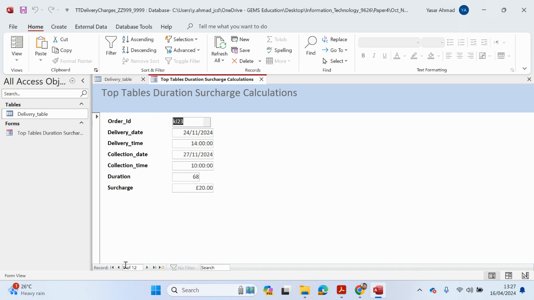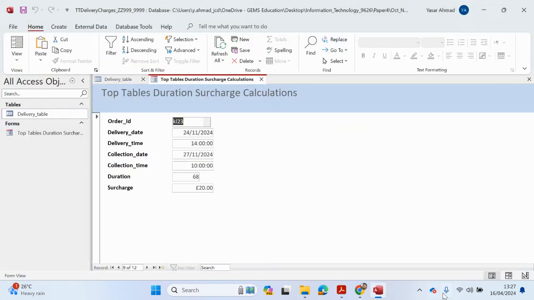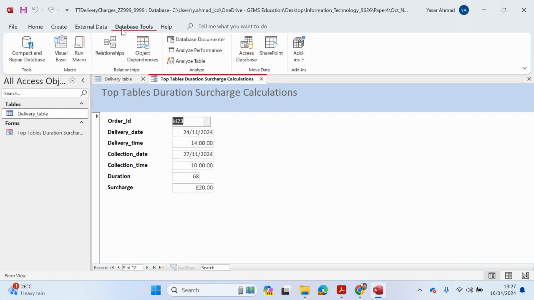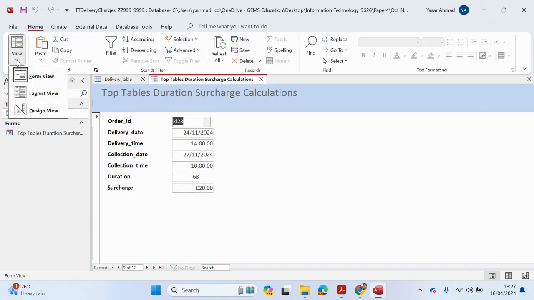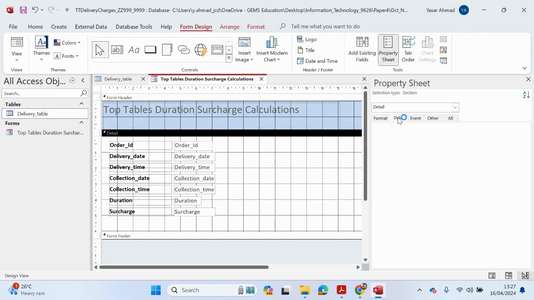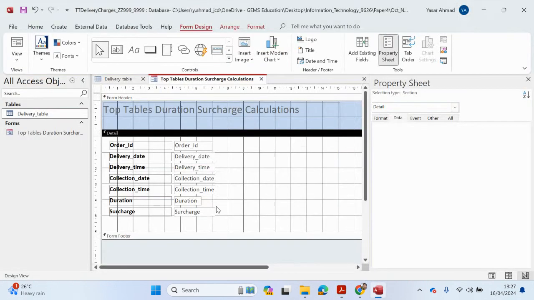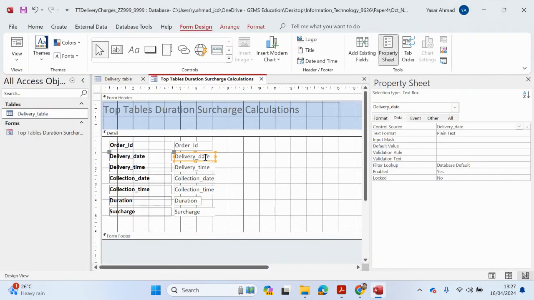all of the records, but the ascending order is not done on the delivery date. So ascending order of delivery date. Okay. So what I'm going to do is click on the form, database tools. Sorry. If we go to design view, property sheet, go to data, and ascending order of delivery date. If I click on delivery date,